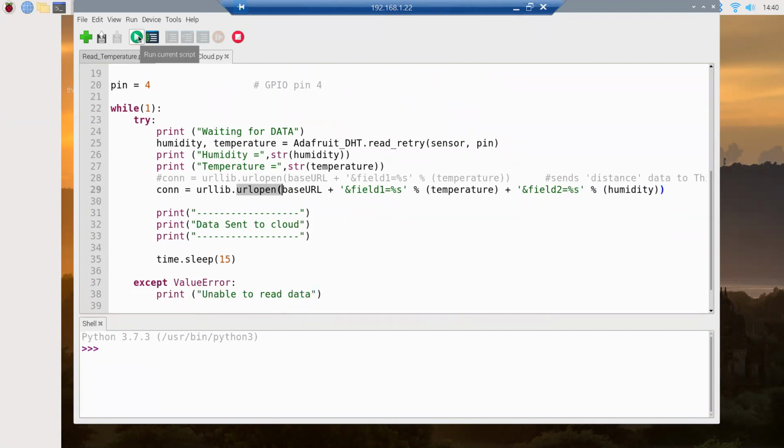Okay. Just will run the code. Humidity is 52, temperature is 33. Now it is stored in the cloud. We'll check whether this data is stored in the cloud or not.